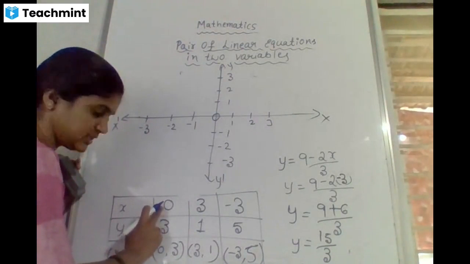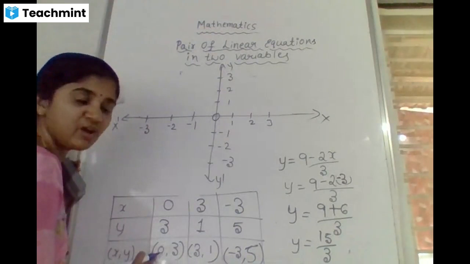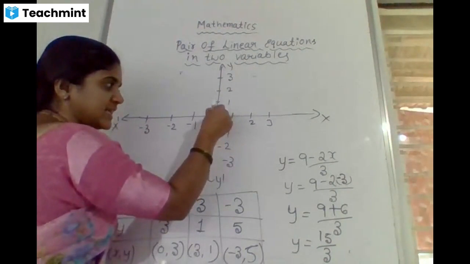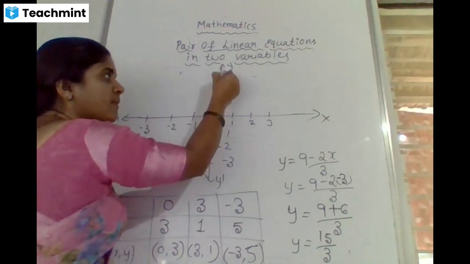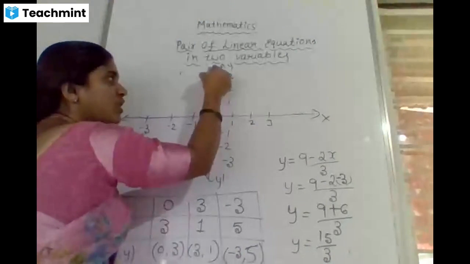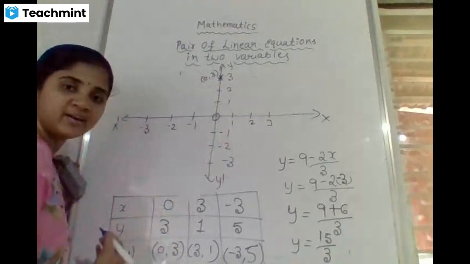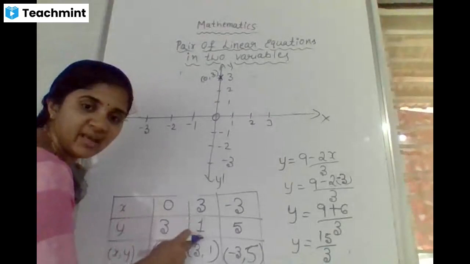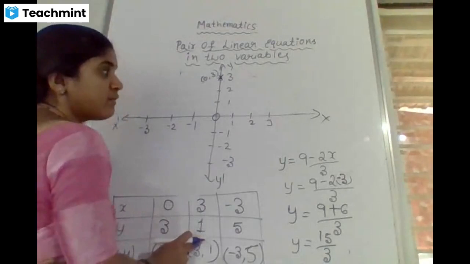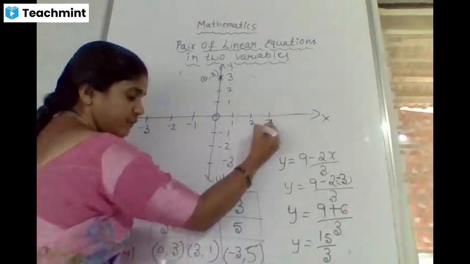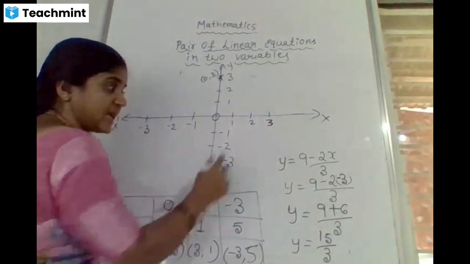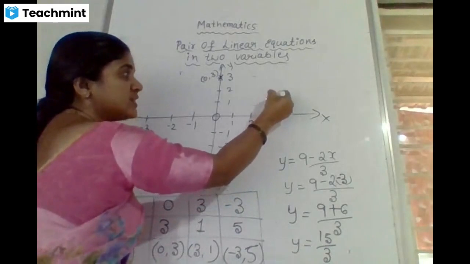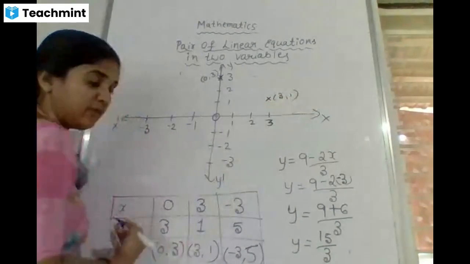Chinmay, you are asking the doubt of this one now. 0 comma 3. Where do we have to give the position of 0 comma 3? On the x-axis it is 0 and on the y-axis 3, in the sense this is the location of 0 comma 3. Got the idea of the position of the point 0 comma 3 now? Then the next point is 3 comma 1. Where do we have to give the location? First you have to see the 3 value is x actually. Here 3, and in that the y value is 1. 3 comma 1, this is the location of 3 comma 1.